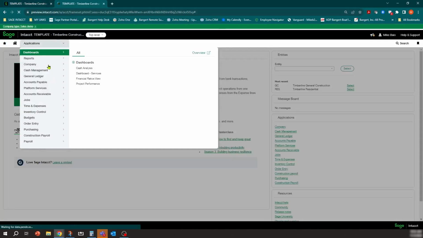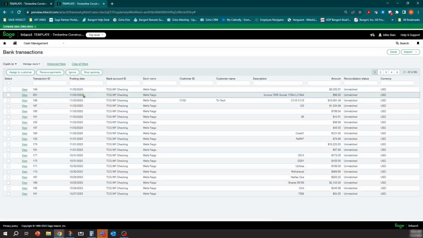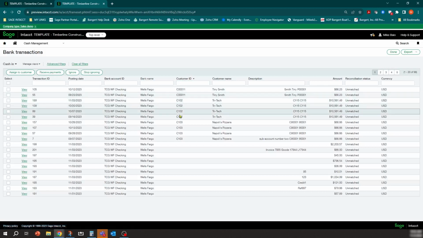And let's go back to cash management and look at my bank transactions. So now I can see what's assigned to who. I like to do a filter here. Now you can make your own views. So you can manage views that says, just show me customers that have been assigned or transactions that have been assigned. I'm just going to do a filter here quickly on the customer ID so you can see them all here. So I could do this however I want. I can come into here and say, all right, I want to assign these all at the same time, or I want to do one at a time. It's up to you. I'm just going to do it one at a time for simplicity.